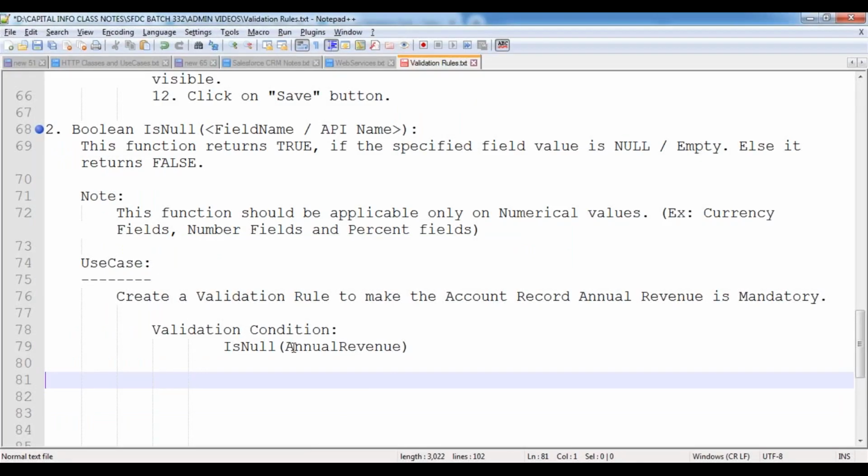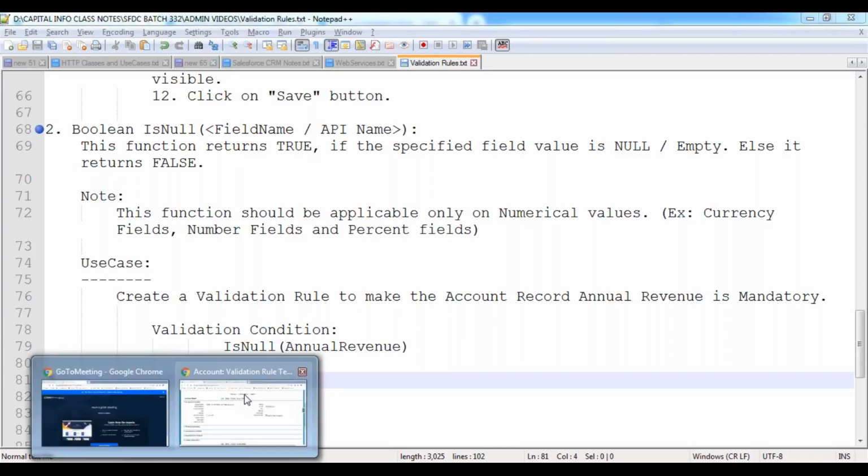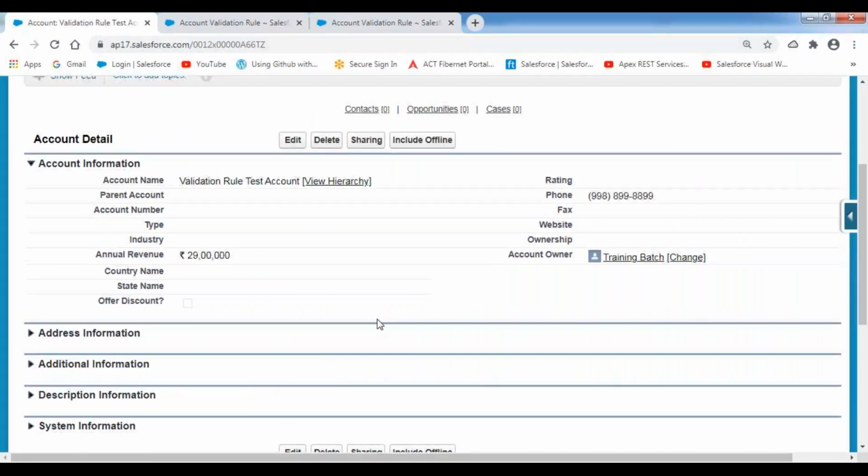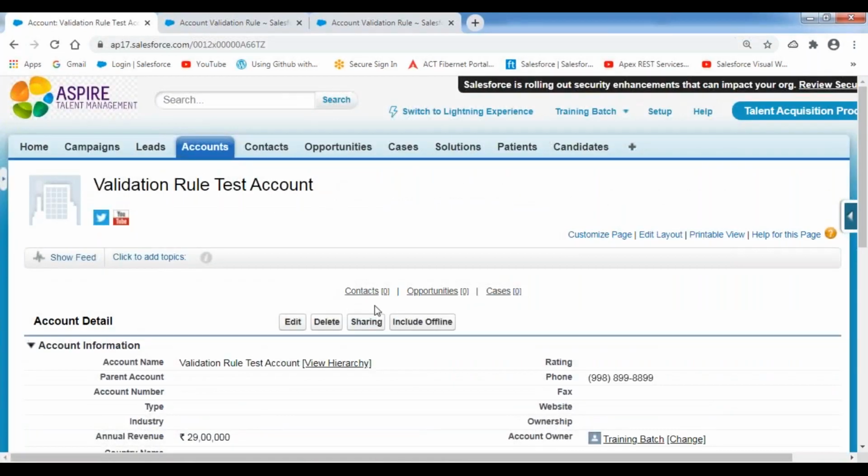Now, the next one, one more validation tool. We'll see it practically. For example, assume that I have an object here.